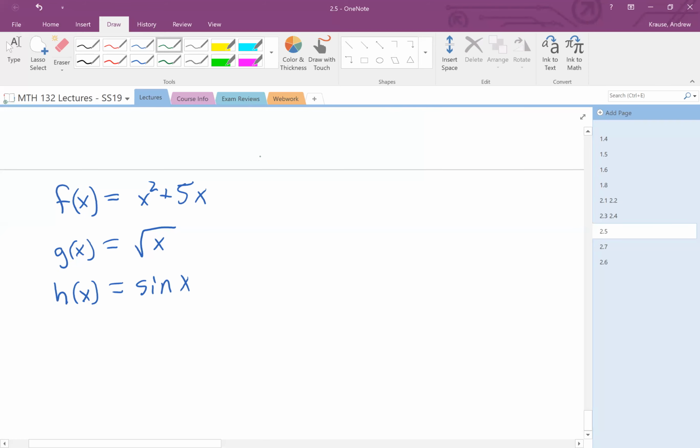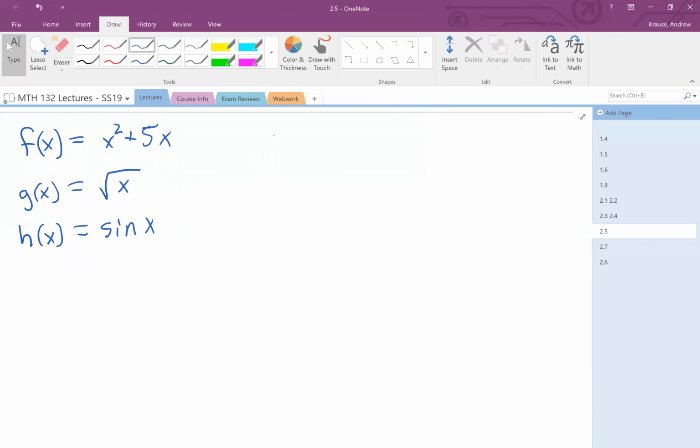So first of all, for the first problem, let's do, how about f of g of x times h of x. Okay, and let's find the derivative of that thing. So first of all, let's figure out what this, oh, that's actually going to be hard. Let's not do f, because that's going to be weird. Okay, let's do g of f of x